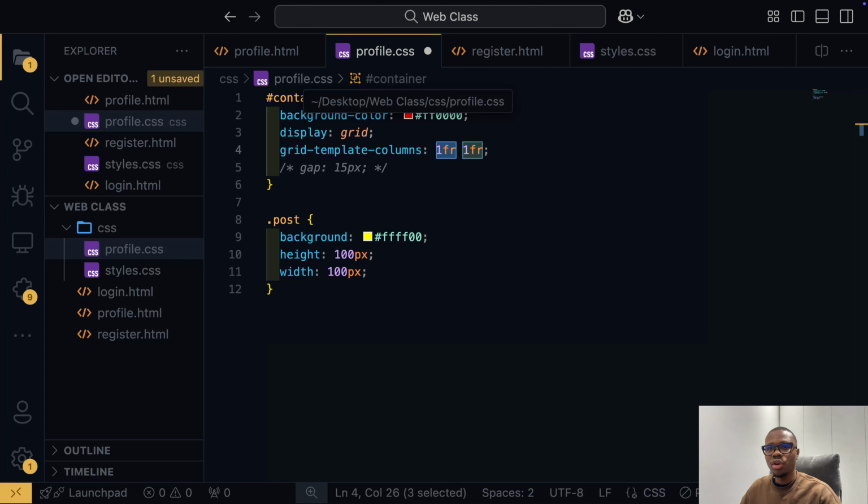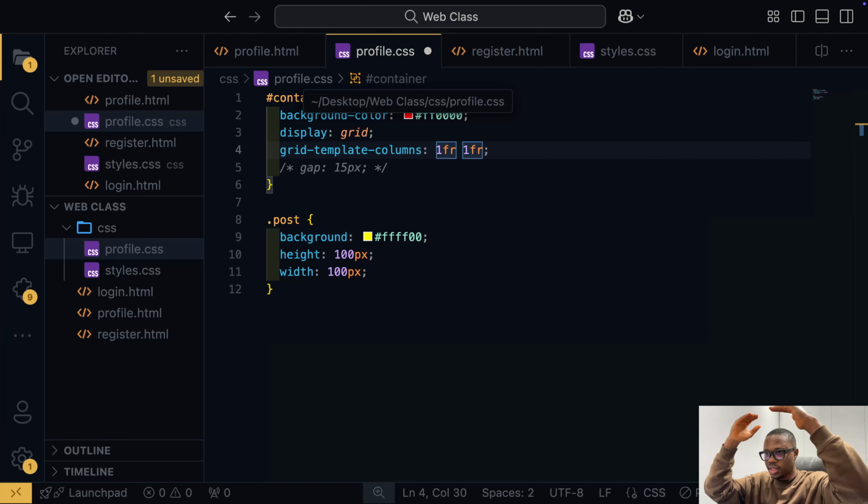So CSS is going to basically put two posts side by side, because I've told it, adding another FR without a comma, please, so you don't forget. It's very important. You just use space. Using one FR twice is me telling CSS to use one fraction, but I want two columns. So CSS is going to give us 1 2, 1 2, 1 2. We'll have the 6 basically